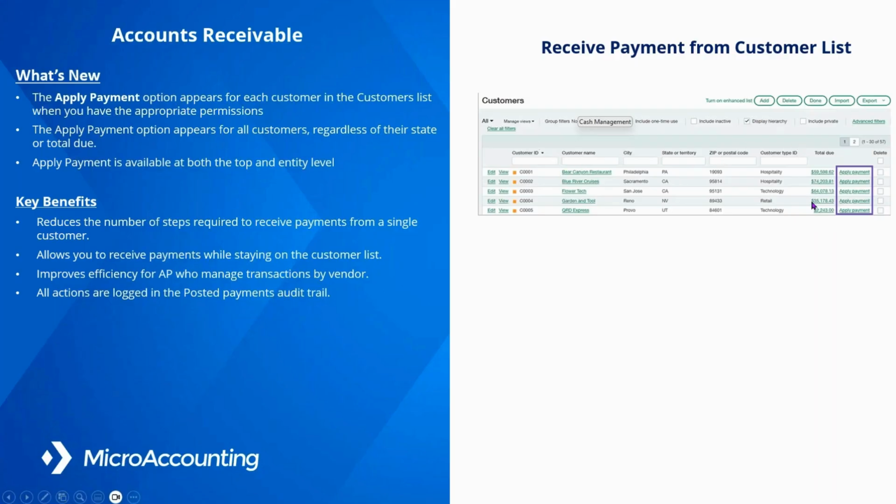I can see what invoices are sitting out there for that customer. And then I can select them and receive payment. So again, just trying to streamline that process, minimize those clicks. And again, this feature is available at both the top and the entity level, okay?